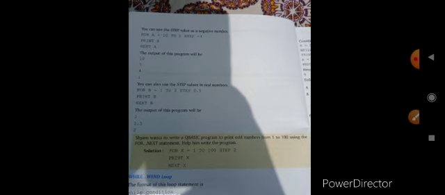For b is equal to 1 to 2, step 0.5. Print b and next b. The output of this program will be 1, 1.5 and 2. Okay. Understand? Shyam wants to write a QBasic program to print odd numbers